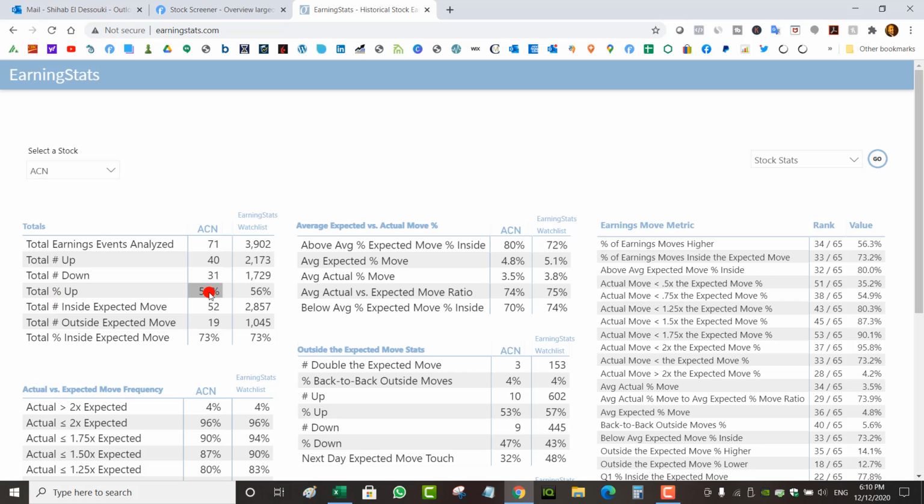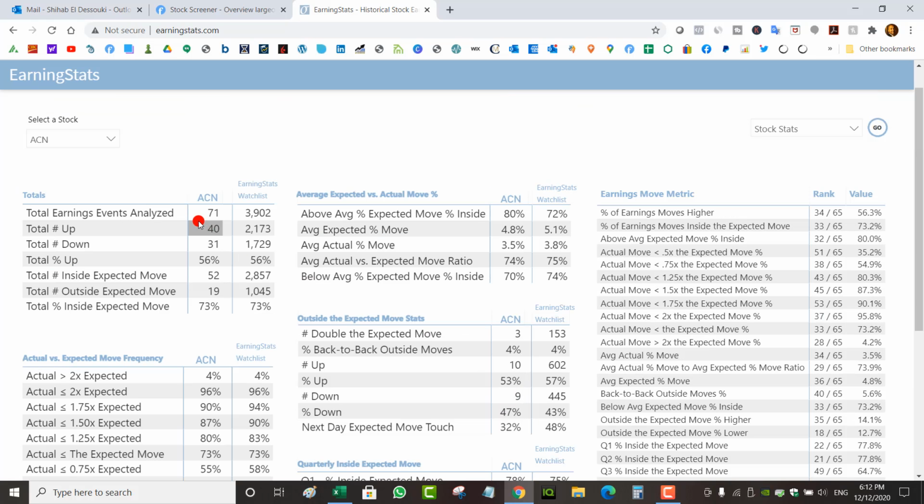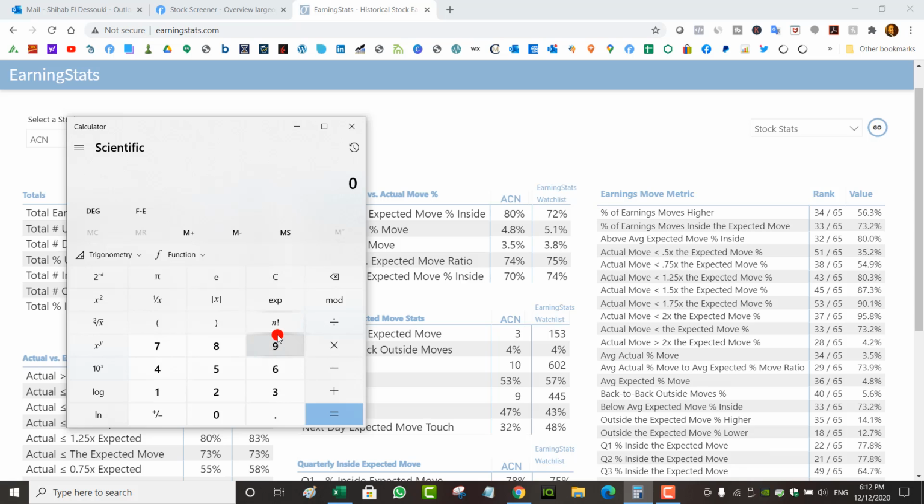So 56% of the time it went up after earnings. So out of 71 earnings, 56% of the time it went up. And it shows the percentage here of how many times it went down, but outside of expected move. So outside the expected move stats. So you can see 9 times it went outside of the expected move on the downside. So 9 times over 71 earnings is the percentage of the times that it would go outside the expected move